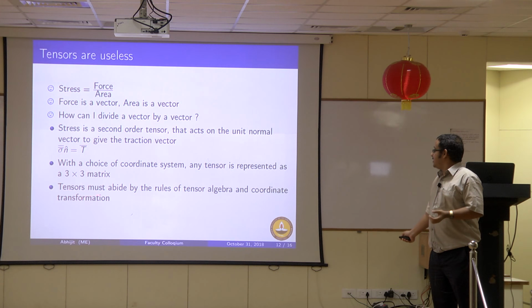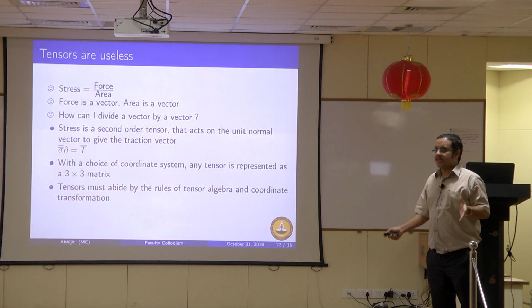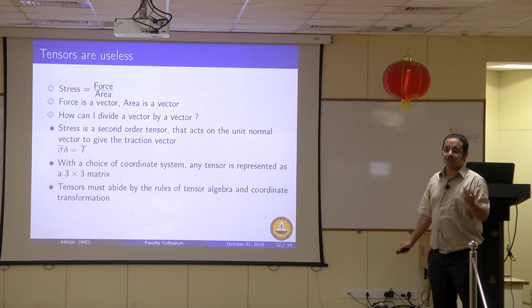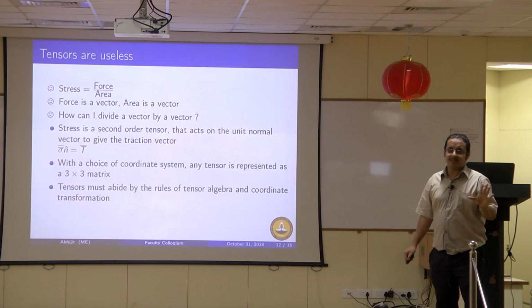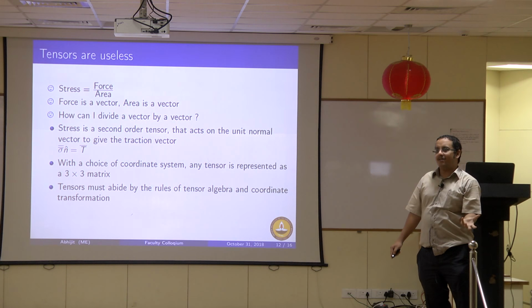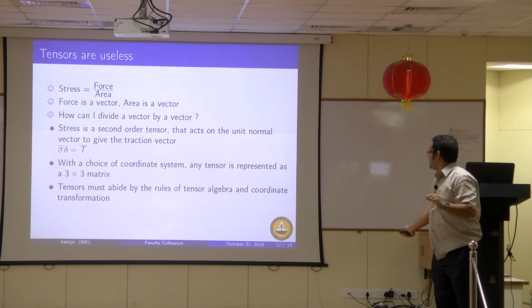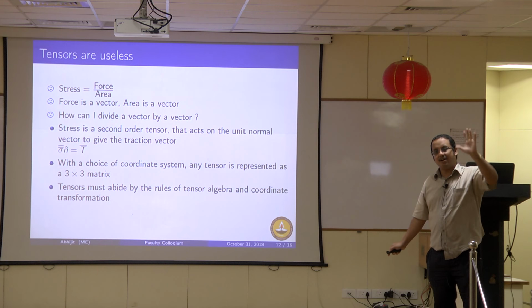And just like anything else in society, it must abide by the rules of its society. There are rules of tensor algebra, which is addition, subtraction, multiplication, all of which must be followed, and it happens to have the exact equivalence with the matrix rules, because you have represented a tensor as a matrix. The actual tensor is something which you cannot even touch. You have brought it down to a set of numbers arranged in a box-like fashion as a 3 by 3 matrix. So this 3 by 3 matrix is just the representation of the tensor.